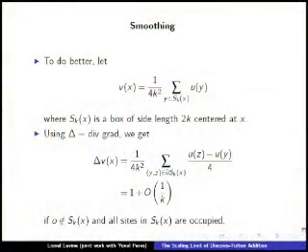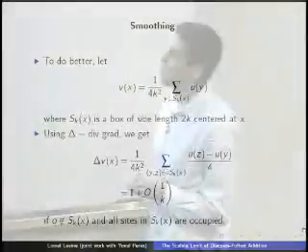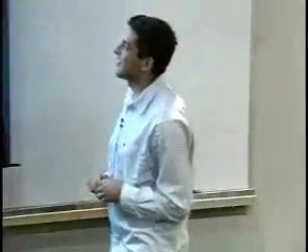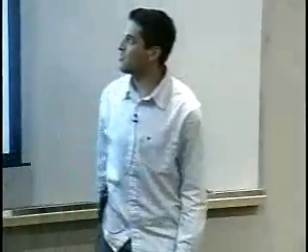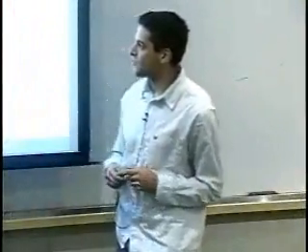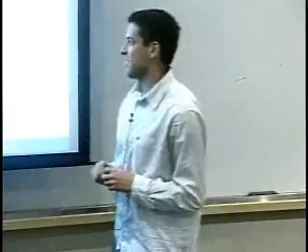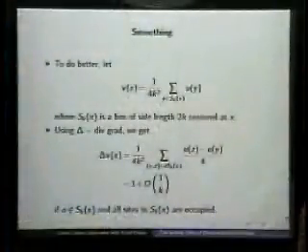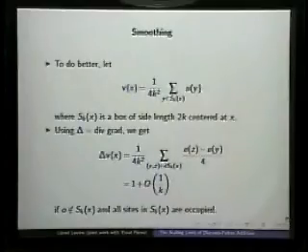And the way we improve this situation is, instead of working with the odometer itself, we work with a smoothing of it. So just to get the idea, suppose we average the odometer function in a box. So S_k(x) is a box of side length 2k centered at x, and this v is just the average of u in that box. And then what happens is, if you consider the Laplacian of this average, it turns out that you'll get much better bounds, essentially because